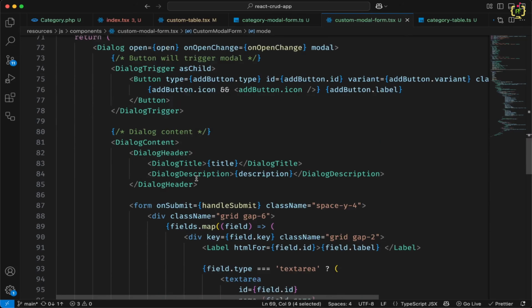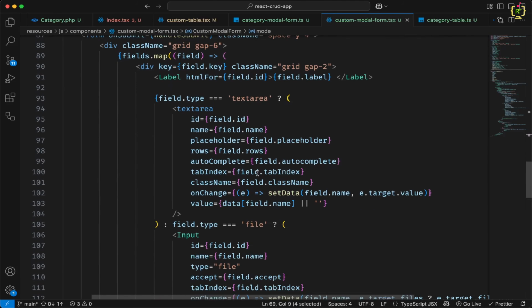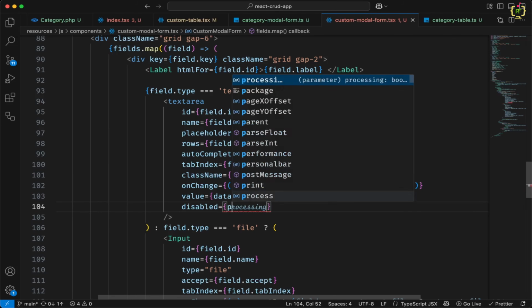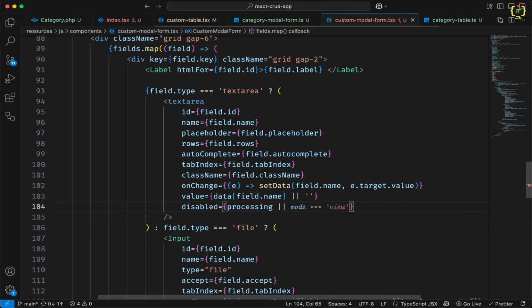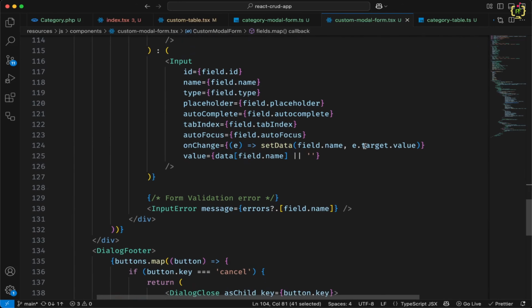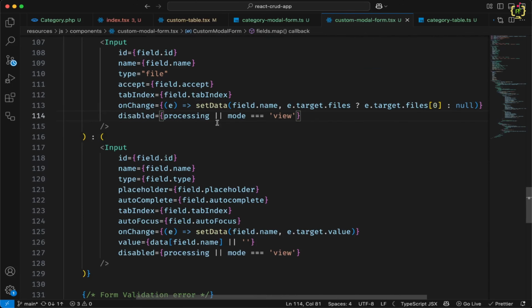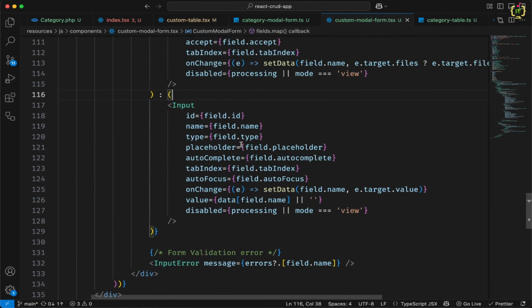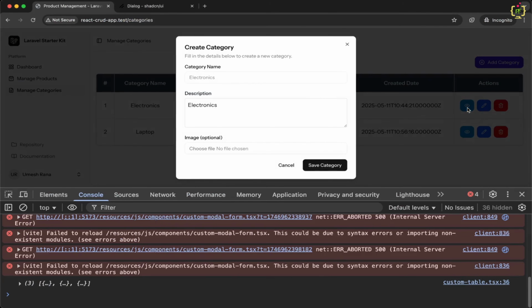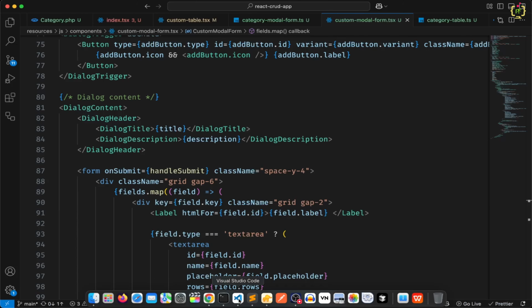Okay, now let's add the condition. So firstly we'll add disable properties. So we'll add disabled if it is processing or mode equals to view. The same thing I will add it for other fields here. Okay, now I'll come to the browser, and if you try to click on view, yes, the form fields are disabled,